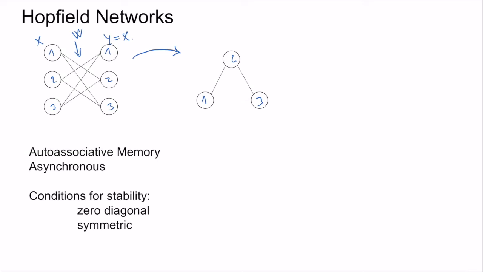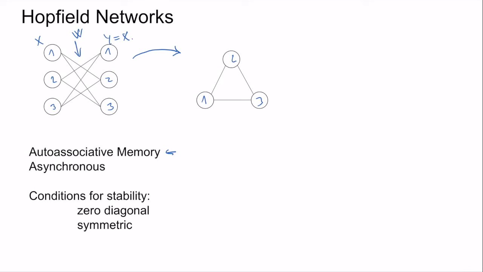So we're not moving back and forth between Y and X. We're just updating the values of X. So that's why they're called auto-associative memory networks. Then another particular thing about these networks is that the values are not updated synchronously. We just sample in every iteration one of the neurons, and we update its value based on the other 2